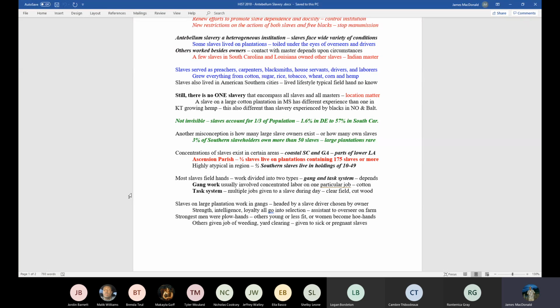Again, these are numbers to tell a story. These are not things you have to have committed to memory. I just want to give you some of the perceptions and realities of the institution of slavery. 3% of Southern slave holders, that statistic is in the notes, owned more than 50 slaves. 3%. So the oak alley of trees that goes to the big house, you'd see them, yes, but that would be completely atypical of what you would see in the South. Large plantations, in other words, were rare.